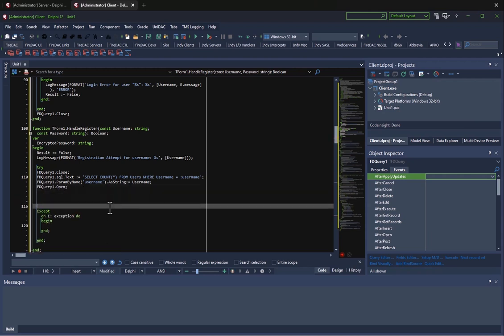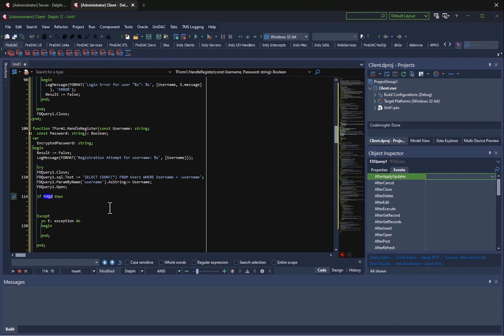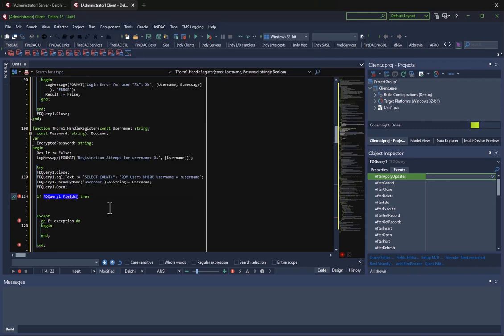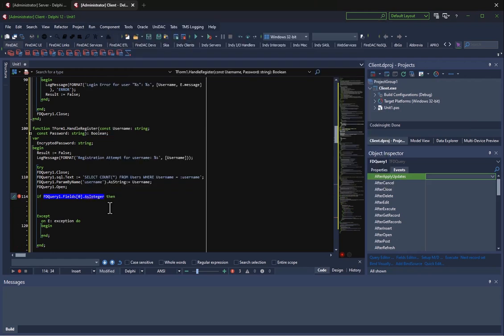And now that we've got it open, let's do if fd query 1.fields, the 0 placeholder field, so if the 0 field dot as integer is greater than 0,